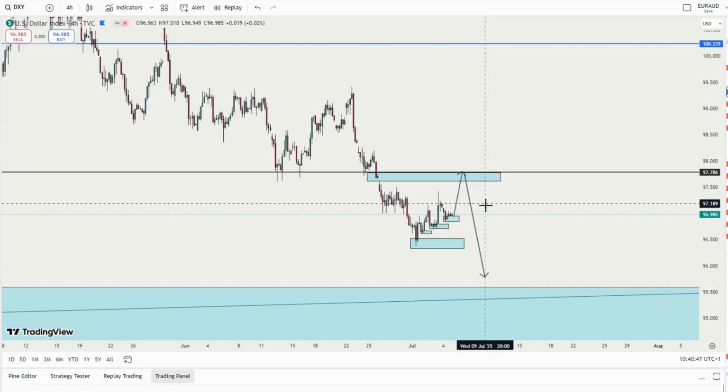Before, there was a higher chance of rate cuts, because the analysts thought the NFP report would come out negative. But as of now, we've seen a positive report on the job data, which means the Fed might be waiting for an interest rate hike, or they will leave the interest rate unchanged. So that is what will bring about US dollar strength next week, and you might see the weekly candle close bullish.